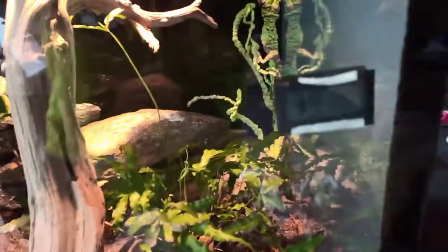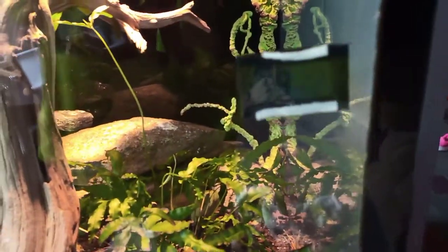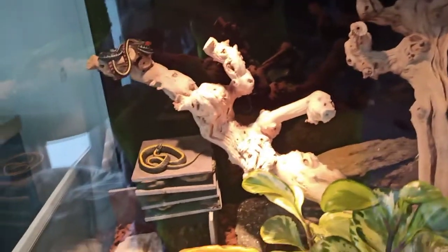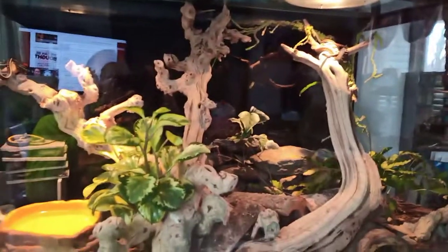I added some vents to the top, 2-inch vents. I got 6 more coming. I'm going to add 6 more because the humidity stays up. It's 80% now, so the humidity is staying kind of high. I want to get it down a bit more, although it hasn't seemed to affect them at all. They seem okay with it, but